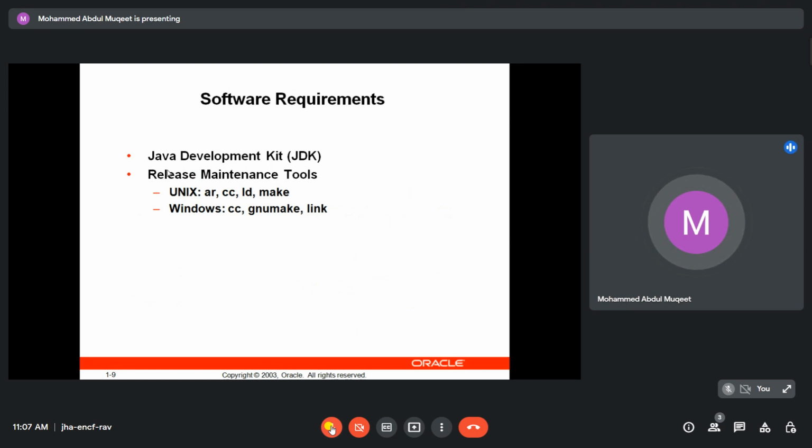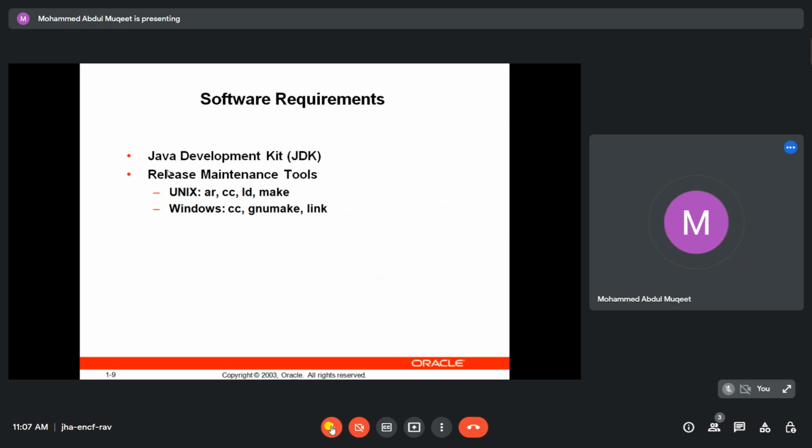This is one of the prereqs before we install any software on Windows or Linux. You have to have some libraries for Oracle applications, and those libraries get installed by the system administrators. Once they are installed, only then will we be able to